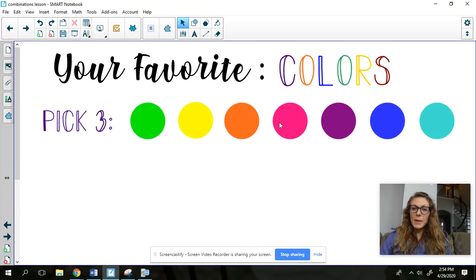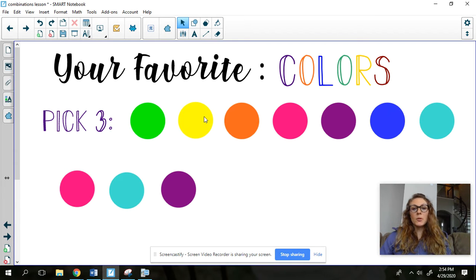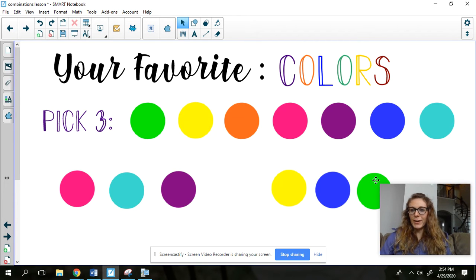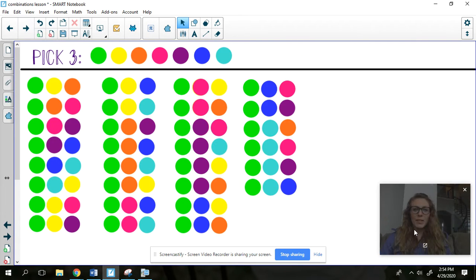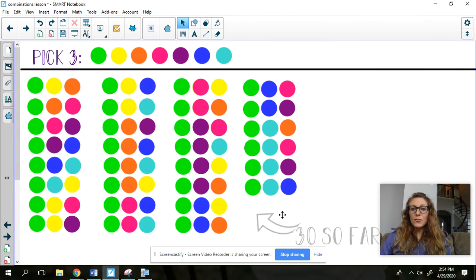So if I were to pick my favorite 3, I might pick these 3. But maybe you would pick your blue and gold, and then say, but you also love green, right? So we could start making a list of these. It would take a while. I got started and then I got pretty tired because this was becoming quite a long list. So far, I already had 30 different ways that I could pick 3 colors, and I only made it through